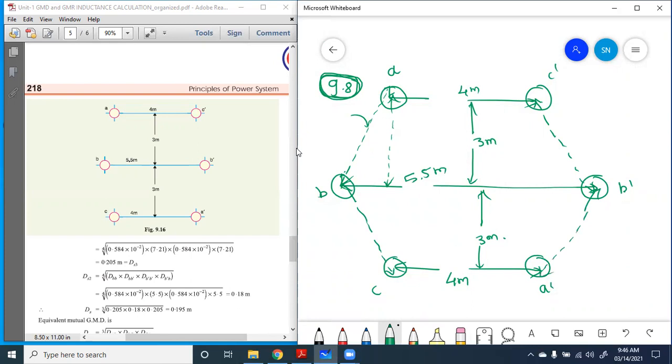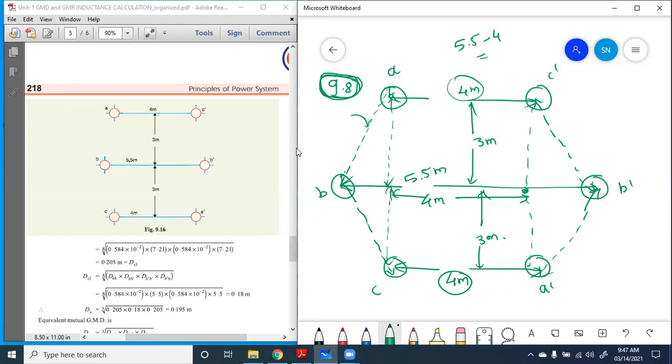How to calculate such a distance? Suppose we draw the line, then we get a triangle shape, and based on the triangle formula we can get the distance. Now this is 4, this is 4. Obviously, this distance is also 4, and this distance is also 4. What is the distance here? Suppose 5.5 minus 4. What is the distance? 5.5 is the total distance.